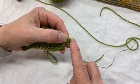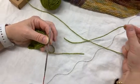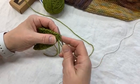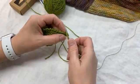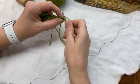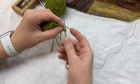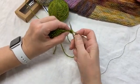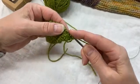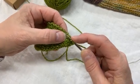we have to start with the very first bump and leave about a 6 to 7 inch tail and just pull your yarn through. Come to the next bump, yarn over the needle and just pull it through. So it really is that easy. The next bump, yarn over, and I use my thumb and forefinger to push that over so I don't split my stitches. Next bump. Now, I'm taking this edge bump, but you can come in one,